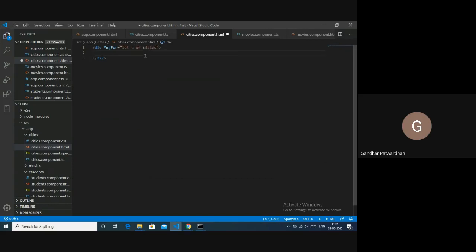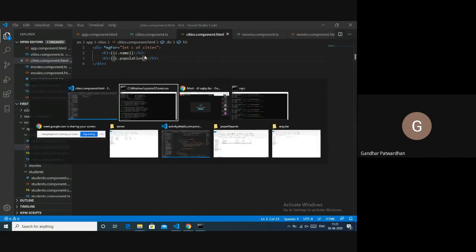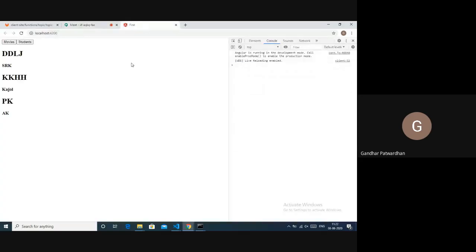And here, I'll use some tag, let's say h3, and give it c.name, and I'll use another tag, say h5, and I will give c.population. Will the cities be displayed? No, they will not be.